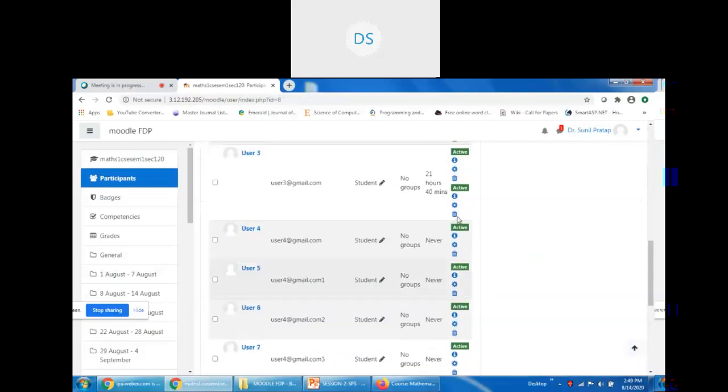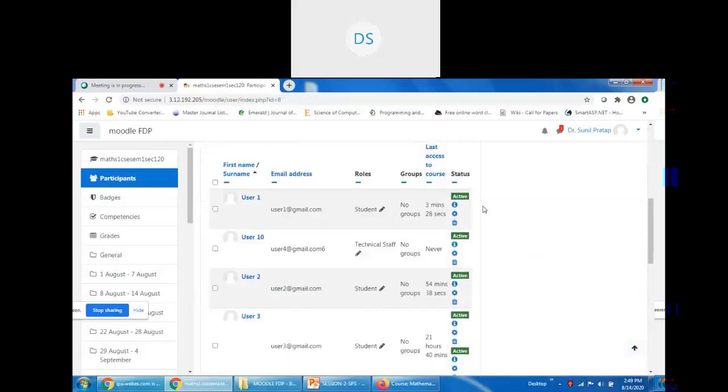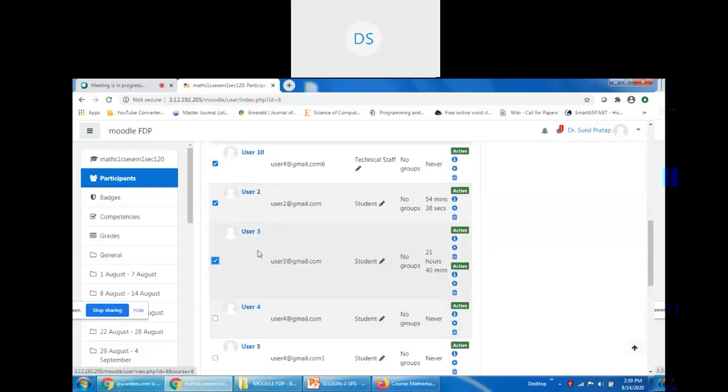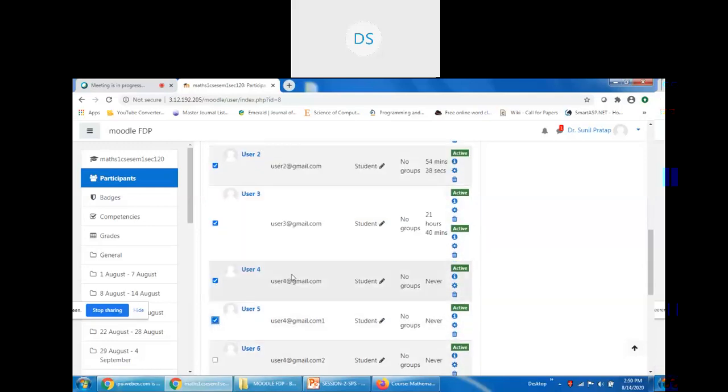Okay. So suppose I want to send a message to 5 students, 5 users. You can see user 10 is registered with the role teaching staff. I also want to send this message to this user. So I selected this one, this one, this one, this one, and 1, 2, 3, 4, 5.